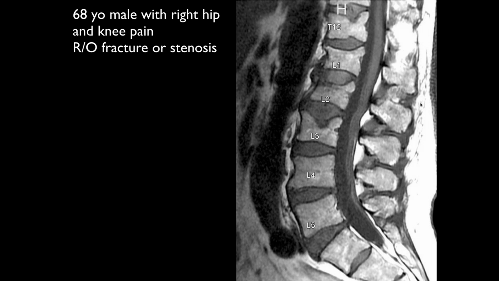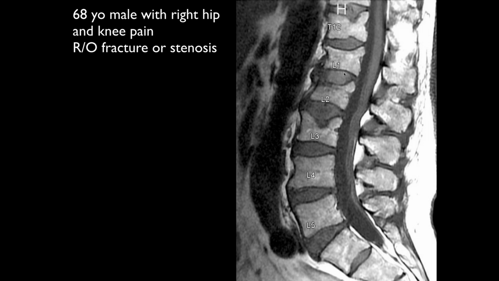A 60-year-old, right hip and knee pain, rule out fracture or stenosis. There's loss of vertebral body height at multiple levels. On this T1, I can't tell if it's acute or not. As long as we're talking about vessels and everything, it looks like the aorta has areas of dilation. Maybe the common